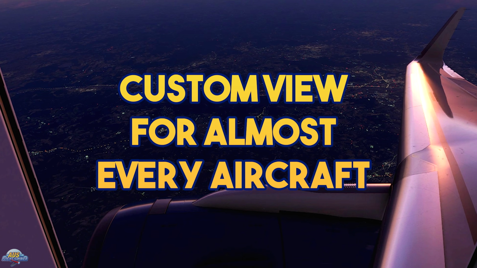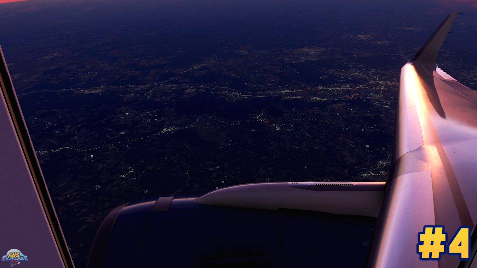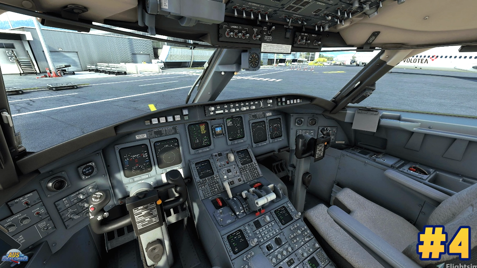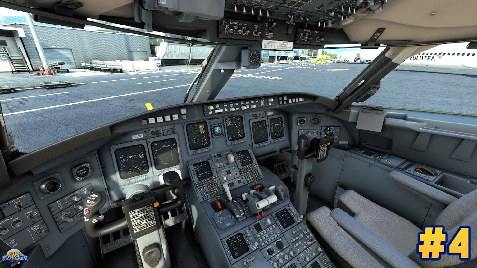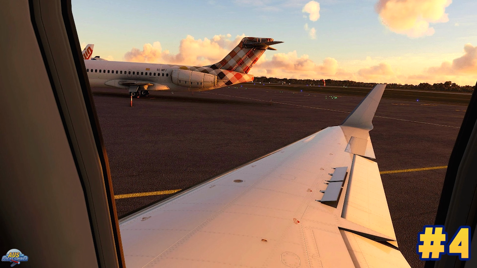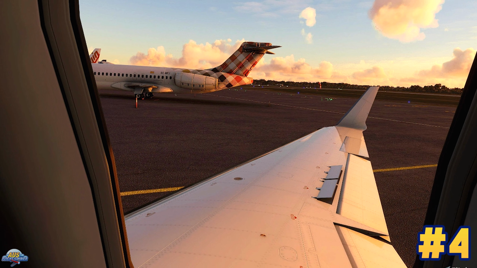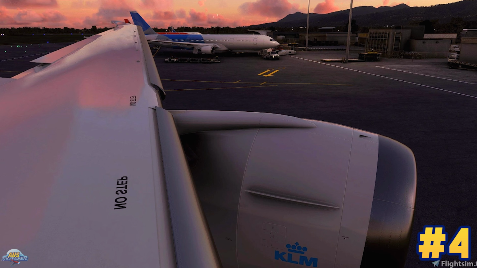Number 4 on the list is custom views for almost every aircraft or airplane. If you're bored with the default camera views in the sim, or you don't know how to create your own custom camera views in the sim, this next add-on will save you a lot of time, and it is for you. This custom view add-on adds 9 custom camera views for most of, if not all, the default aircraft in